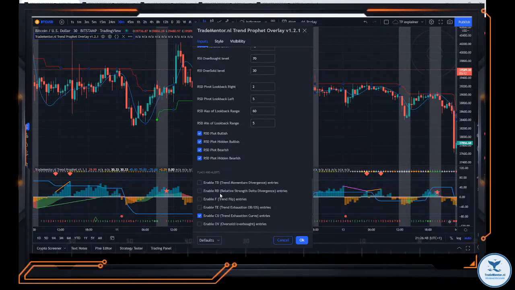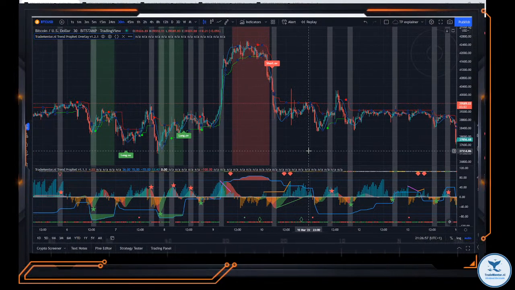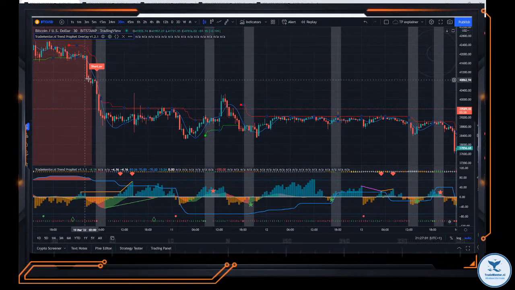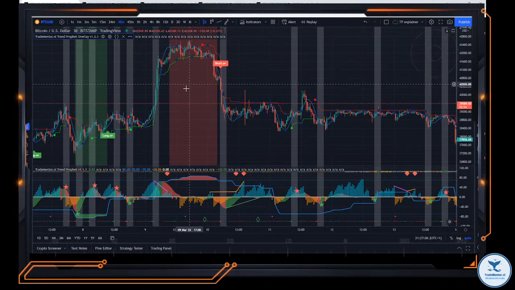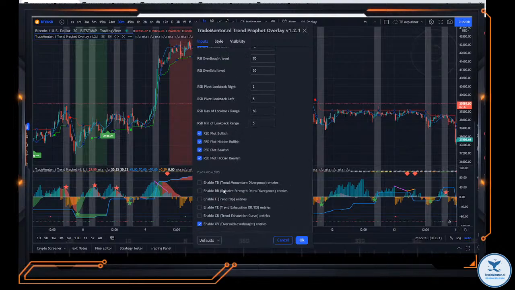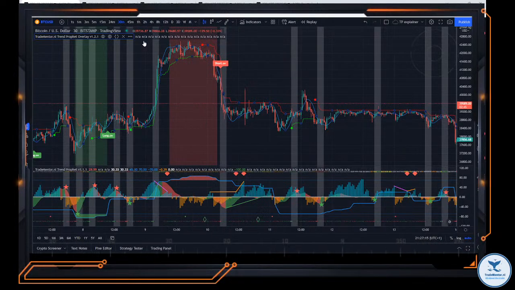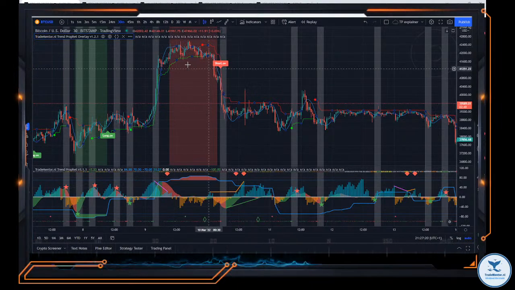What else do we have? And overbought, oversold entries. That's a bit more confirmed version of exiting overbought, oversold. So you can play around with that, see what entries work for you, what you want to alert on. There's some basic alerts in there,